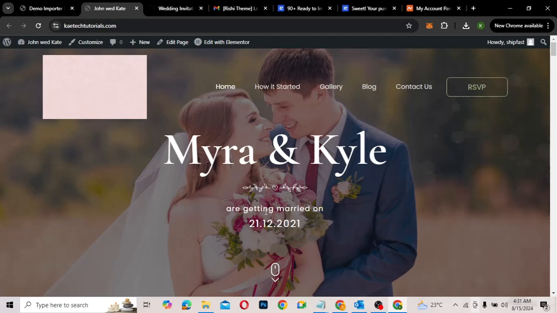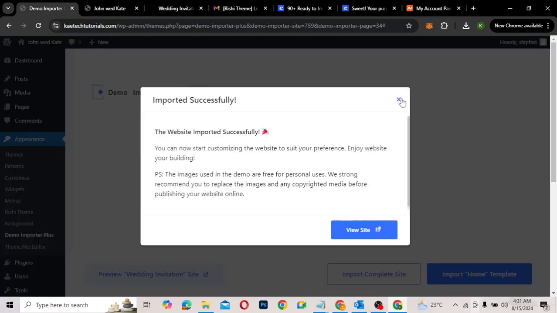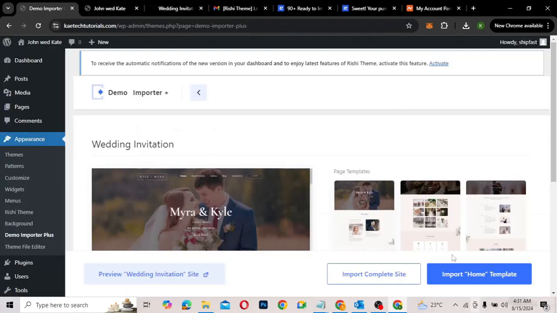So follow me as I go through it and then show you how you can design. Now, first of all, we're going to tackle the header first. Now, for me, I can decide that maybe I just want the home page, I just want a landing page for it. But if you want all these pages, you can choose to make it stay. But if you don't want all the pages, you just want one page, you can just import just the home page over here. But then if you finish importing it and you still want to get rid of